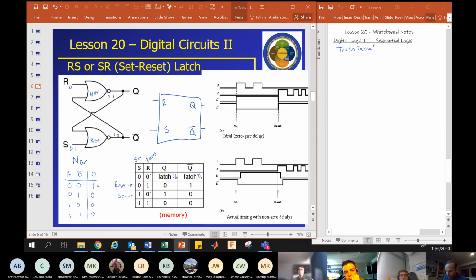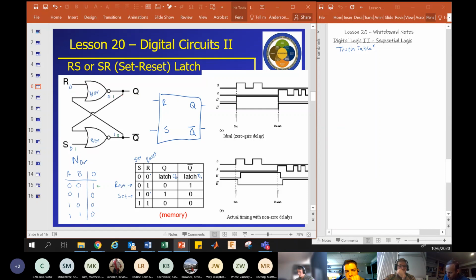In order for it to change back to 0, one of its inputs has to go back to 1. But the Q naught can't change to 1. Only the reset can change to 1. So even if this S changes back from 1 to 0, nothing changes on this output until R goes to 1. Once R goes to 1, then we can reset the device because Q naught will go back to,